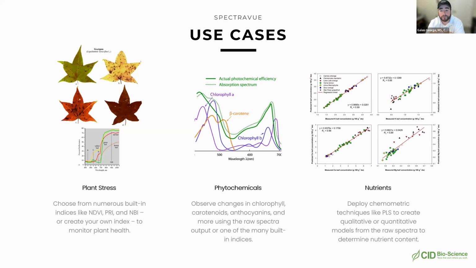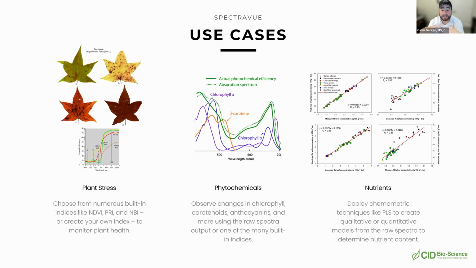And then another use case, which is a little bit more recent with the advancements in chemometrics, is nutrient modeling. So you can actually go and create, from the raw spectra and analytical reference values from a laboratory,